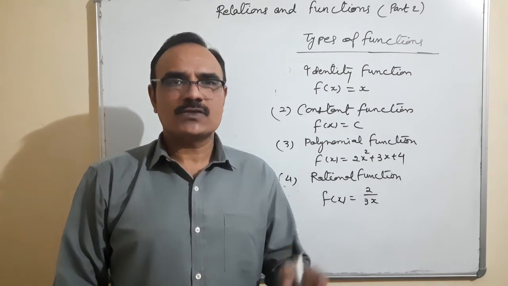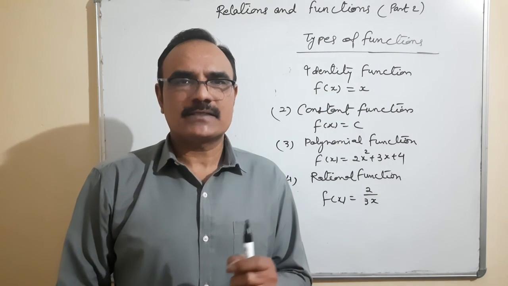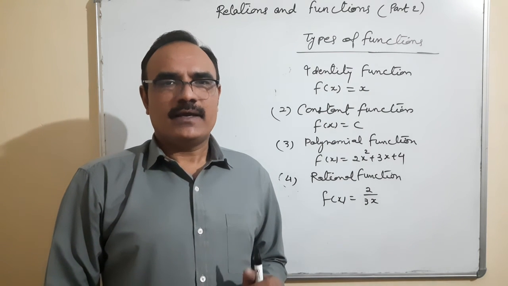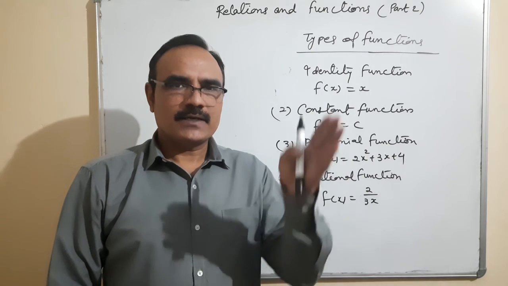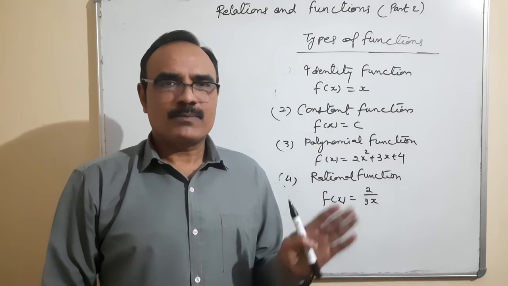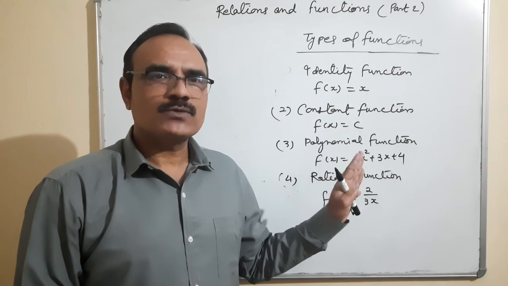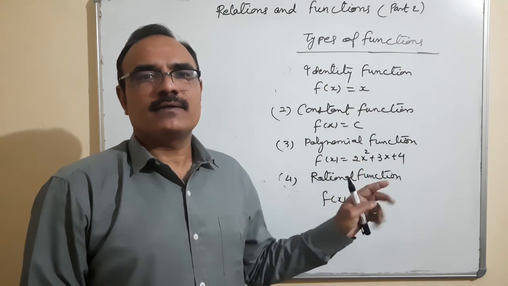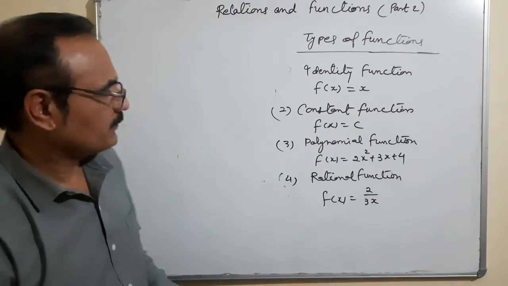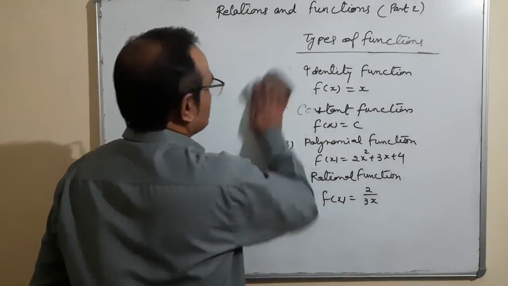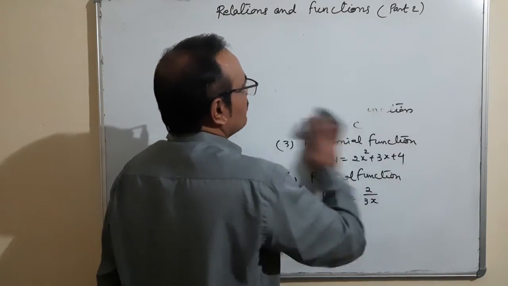F of x is equal to plus 1 if x is greater than 0, 0 if x is equal to 0, minus 1 if x is less than 0. And one is the greatest integer function. F of x is equal to [x]. Their values are in the form of integers, but you will remember it like this: the number which comes to the left-hand side on the number line, that integer is the value of the greatest integer function. Okay. So these are all types of functions. You will remember these functions.